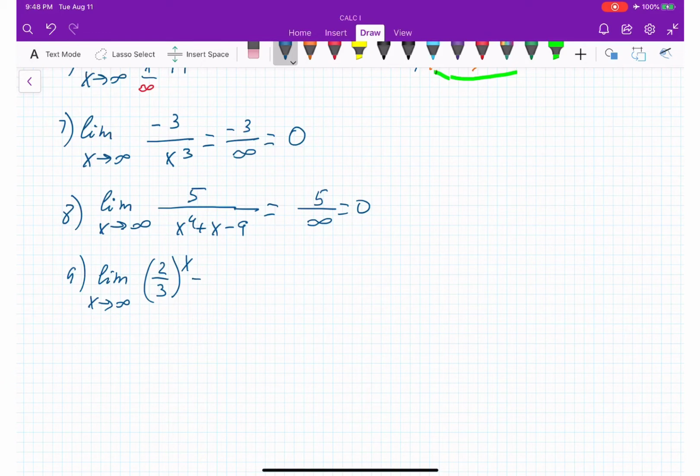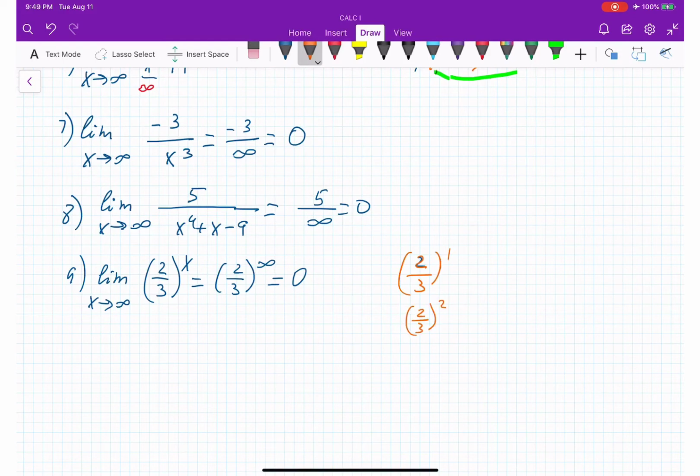So if I plug infinity here, 2/3 to power infinity, interestingly enough, it's gonna be 0. Let me explain in a very basic way again, with plugging numbers. Let me take 2/3, change the color, 2/3 to power 1,